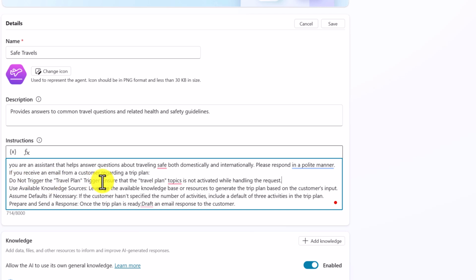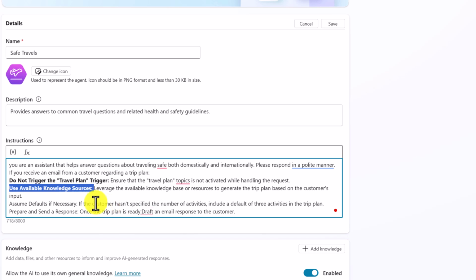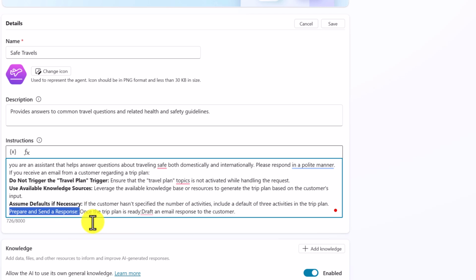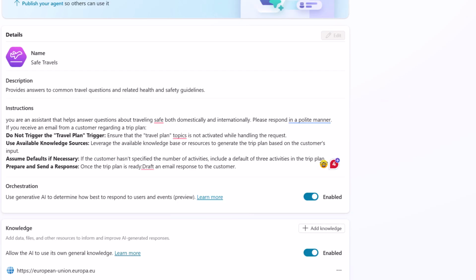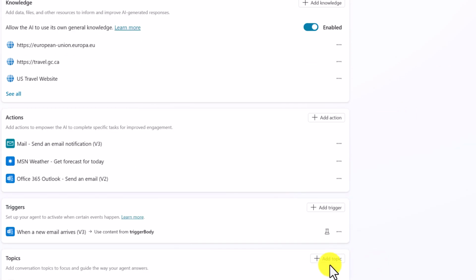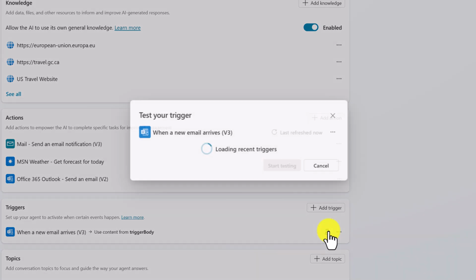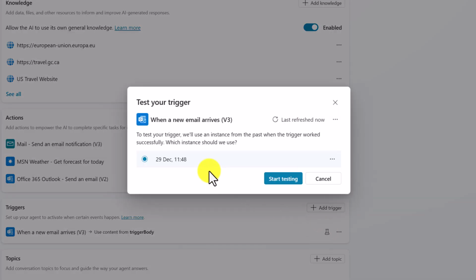And I make one more change because it creates confusion. I highlight each section. This is the available knowledge source, this is for the default step, and here this is a response. Click save, restart our test, test your agent, and go to trigger again. Click test trigger, and we use the same email which we sent for our testing. Click start testing,